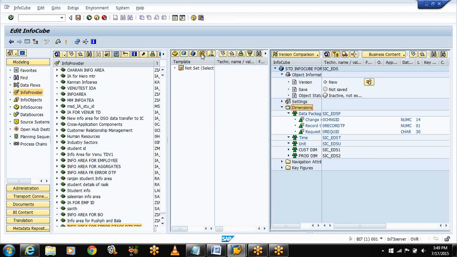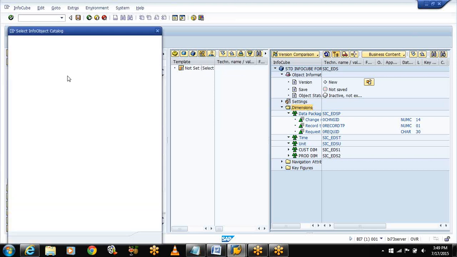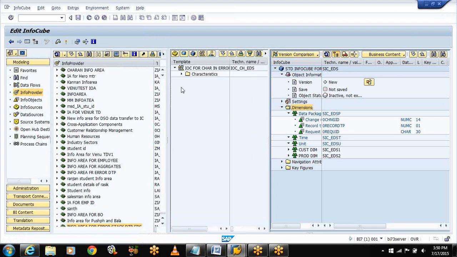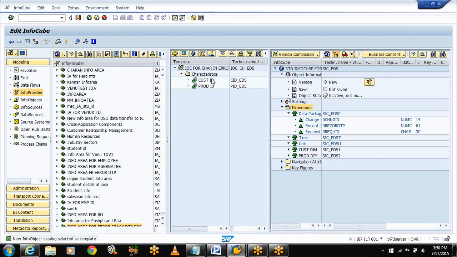Now select the info object catalog, select characteristics info objects, drag these characteristics, expand the characteristics folder. Now drag and drop my customer ID into the customer dimension.